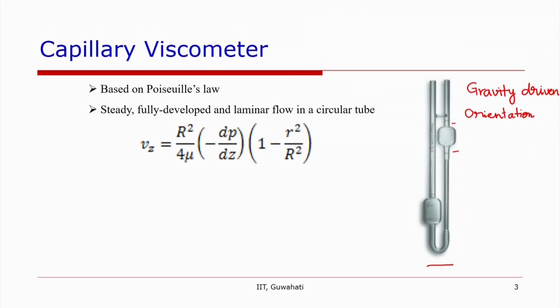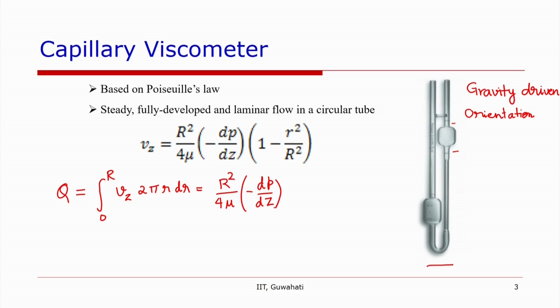One can then calculate the flow rate by integrating from 0 to R of v_z 2 pi r dr, and if we do that, we will end up with R squared over 4 mu times minus dp by dz,